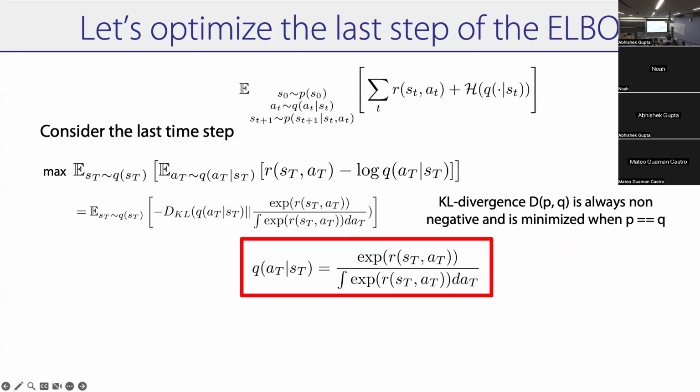Right, so that's why in maximum entropy RL, scaling is an important thing. Remember that scaling will change how close it is to a max. If you scale the rewards really high, the exponential will take those scales and blow them up, right? And so it'll go closer to a max. Okay, but the intuition here is that we did some gymnastics. We took the last time step, converted it into a KL divergence, and then the KL divergence is minimized when p is equal to q, so q is equal to x bar by integral x bar. So it's equal to the soft max over terminal rewards. Okay.